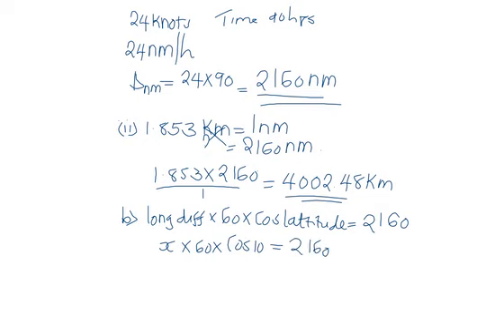So 60 multiplied by cosine of 10 degrees will give us 59.088, and this implies that the value of x will be given by 2160 divided by 59.088, and this gives us